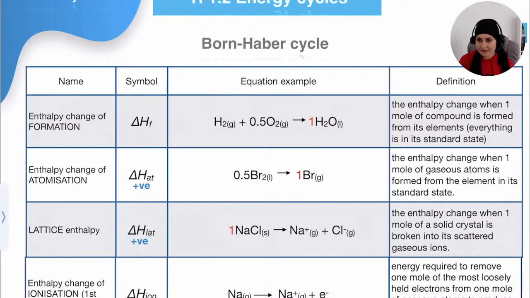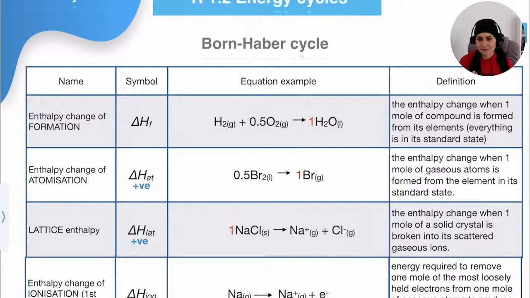So Born-Haber cycles. Born-Haber cycles are just a more complicated version of Hess's cycles, in which you can find either a lattice enthalpy or enthalpy change of formation, or of course any other enthalpy that's in that cycle. But for IB chemistry, usually they would ask you to find lattice enthalpy or enthalpy change of formation, okay? And to draw out a Born-Haber cycle, which, by the way,